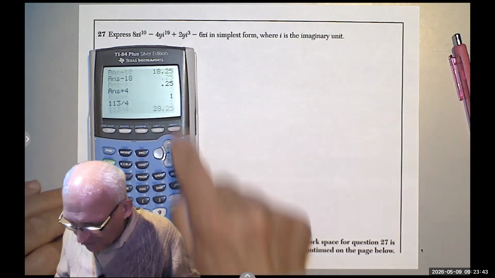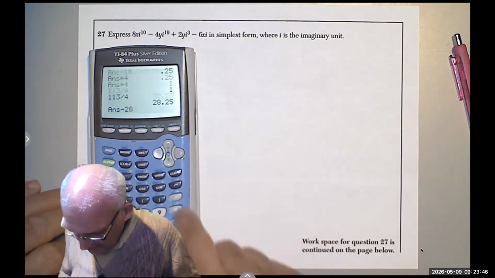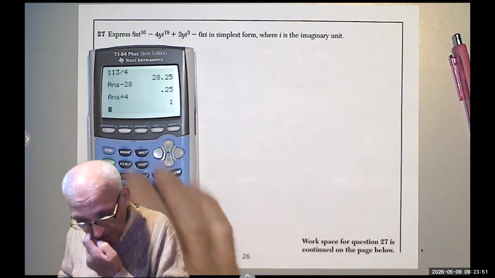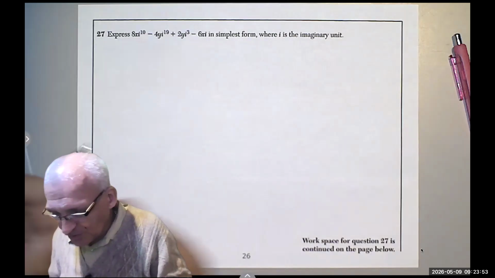113 divided by 4 is 28. Minus 28 times 4, you get 1. Okay, so it's really very simple. So I know that